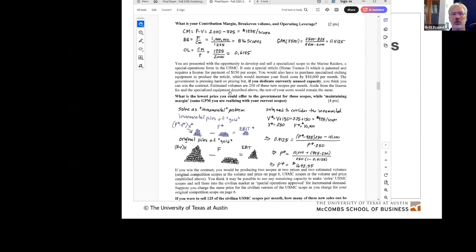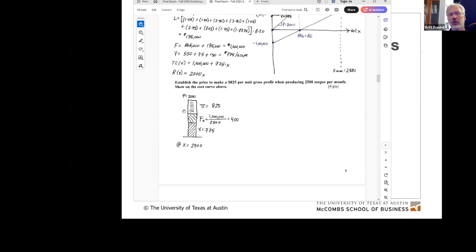Now I want to come back to this picture. If I'm only selling one product into one market at one price, we don't run into this trouble, because I simply allocate the fixed cost I have across the entire volume of sales, and now I know what it cost me. It cost me $775 plus $400 of allocated fixed cost. It cost me $1,175 to produce a scope that I then sell for $2,000, making $825. That is true as long as there is one product, one market, one price.